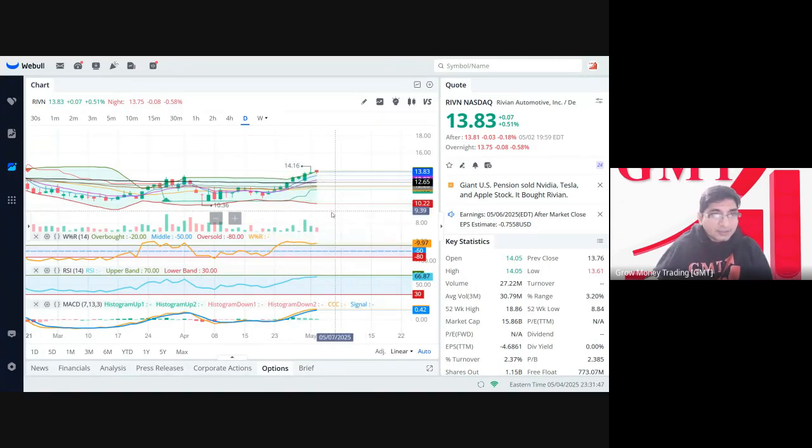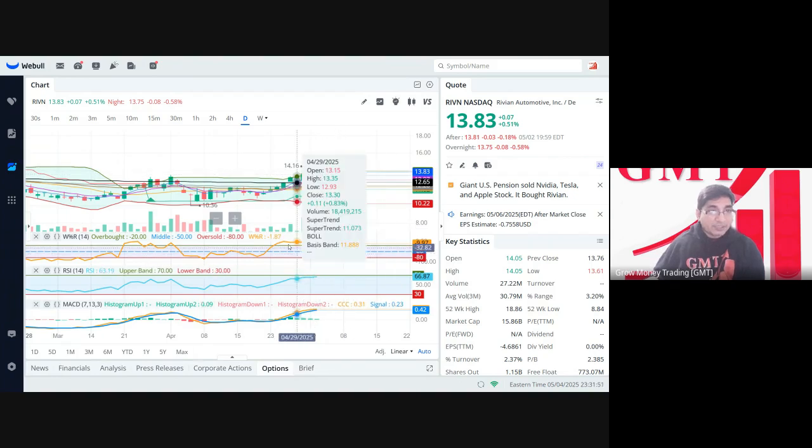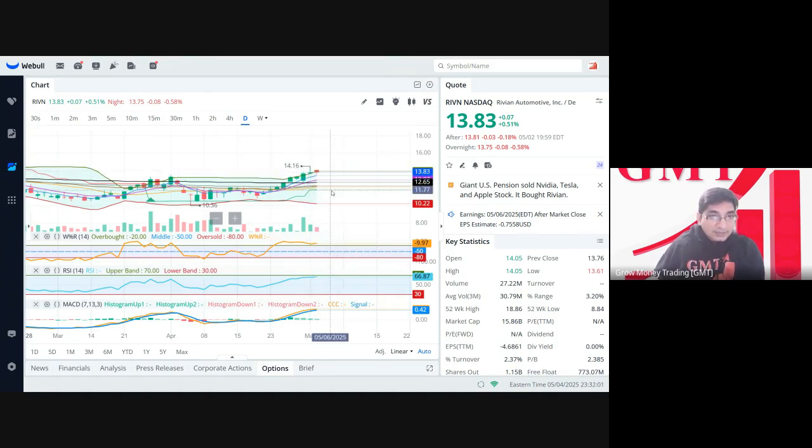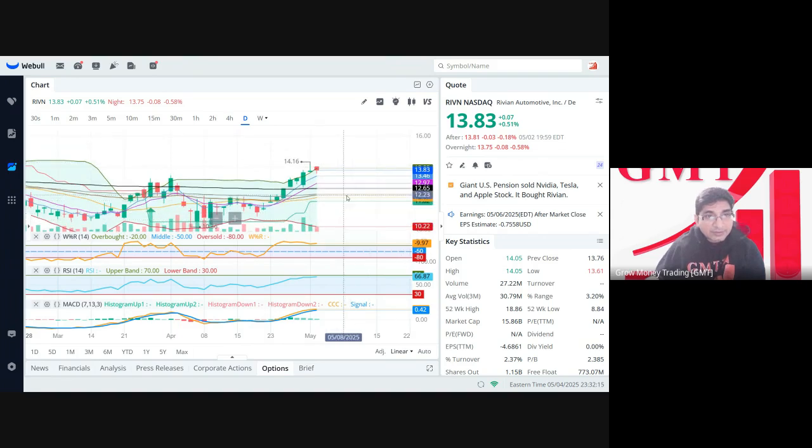However, if we look on the daily chart, there's clearly profit booking happening as it is in the overbought region. There's a strong upside rejection in the last candle. So if you are already in profit on Rivian, it's a good time to book your profits and wait for it to correct. And the next buy levels for Rivian would be